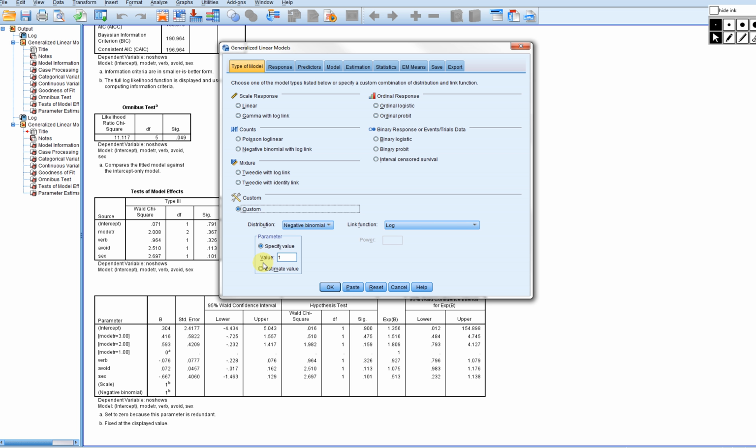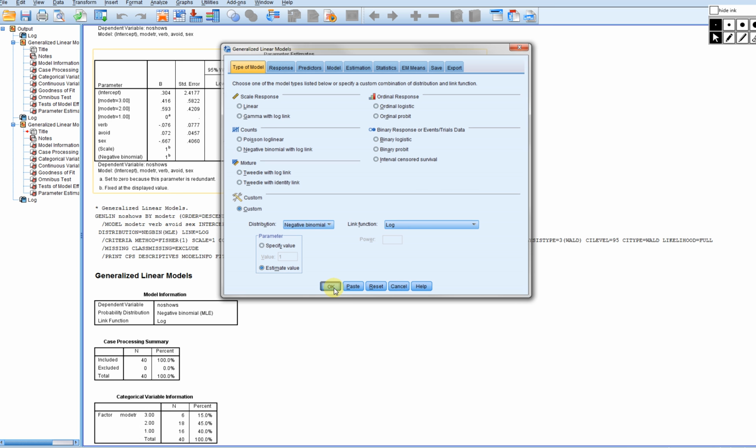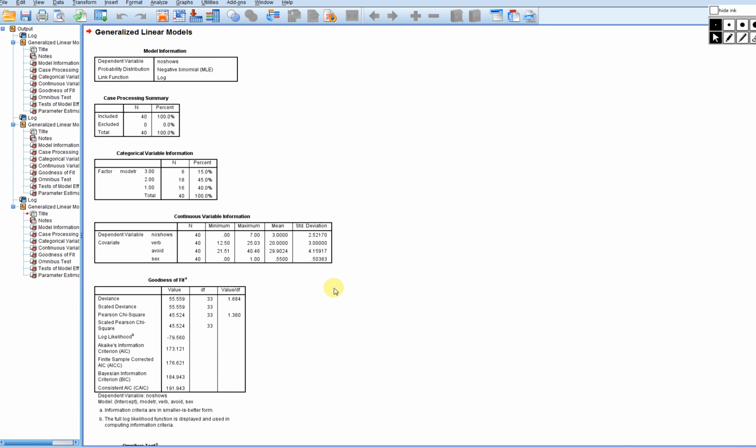So to have a better calibrated estimate, we click on Estimate Value. SPSS will then estimate the dispersion parameter and make the corrections to the standard errors reflecting this estimate. So if we click OK,